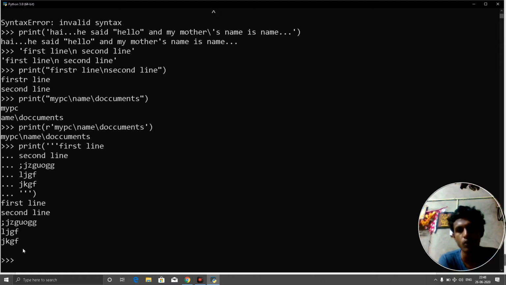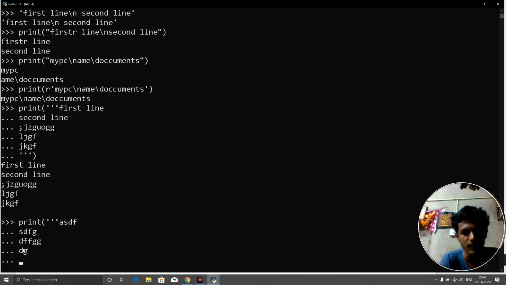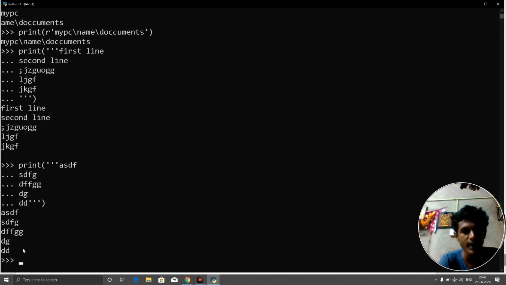While writing, if you have a large number of lines and we go on typing slash n each time, that's very difficult. So instead of that, you can use print, three single quotes and anything, for example ASDF, and like this you can write anything and just use three single quotes again, close this and click enter.